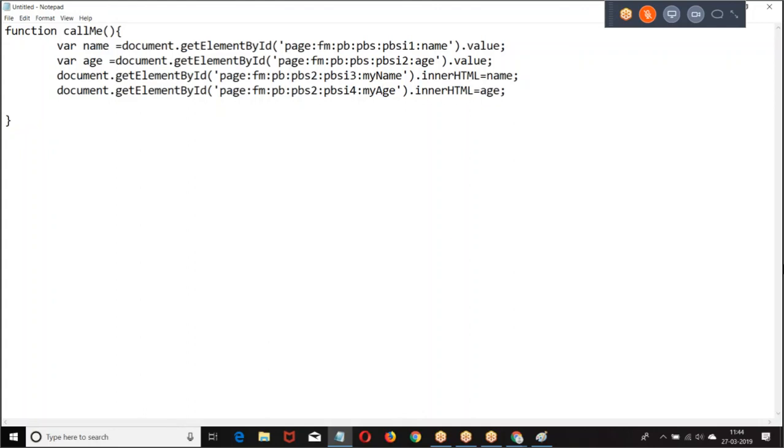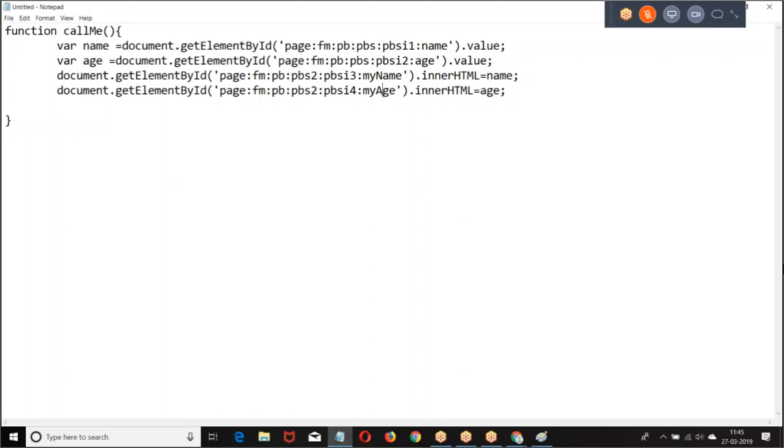Read the value based on the ID and set the value. Are you clear about this?